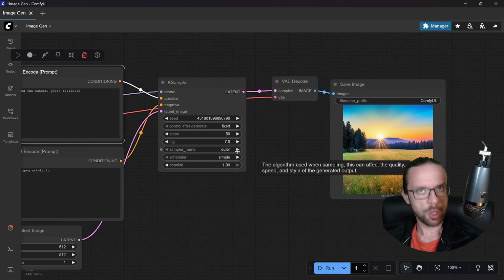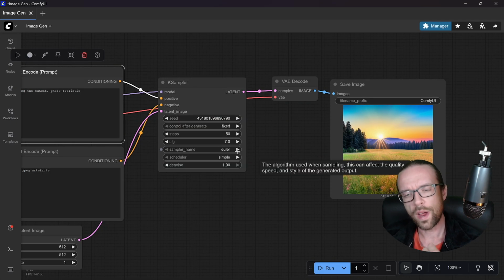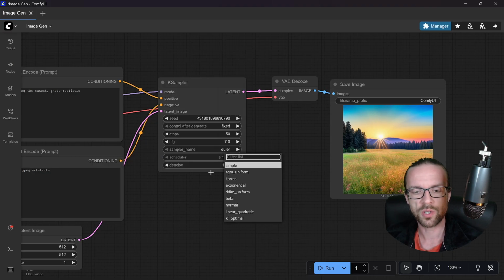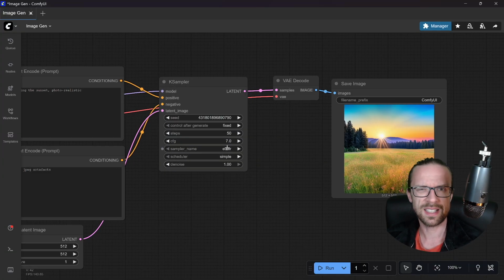Now it will be a little bit complicated. The Euler, the sampler name and the scheduler. The sampler name and the scheduler are like the ways how the information is being extracted. And this is like a scientific discipline. You see here a lot of stuff. Either you play with them or you try to go through the blueprints, and we will also provide blueprints in the future. The same thing also applies for the scheduler. I wouldn't go now in detail through all of them. I would suggest that you stick with the default settings that are in the templates,